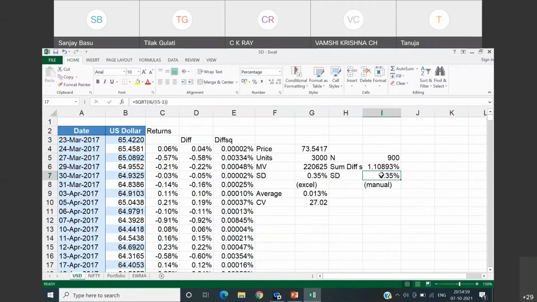and we divide it by the sample size minus 1 and take the positive square root. If we do not take the square root, we call it variance. Once we take the square root, we call it the standard deviation. Right? Another way to remember the term standard deviation is root mean square deviation.